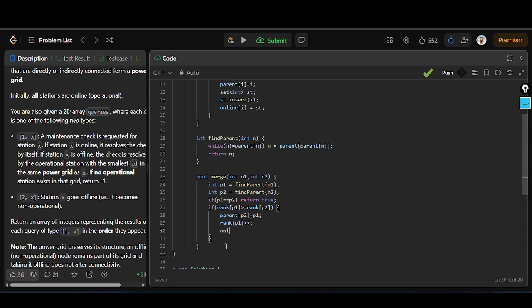So essentially online of P1 is the parent, and I'm inserting everything that is contained in the set of P2, right? So essentially online of P2 dot begin and online of P2 dot end,